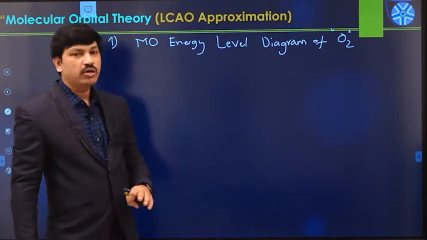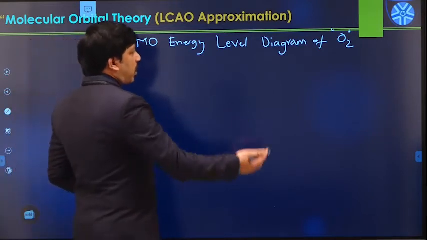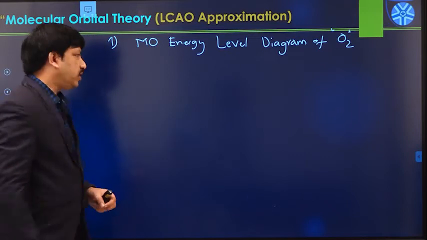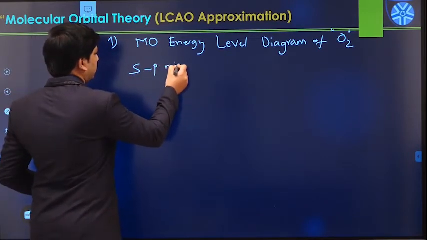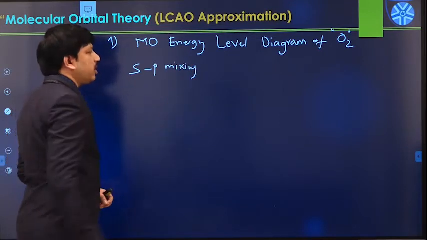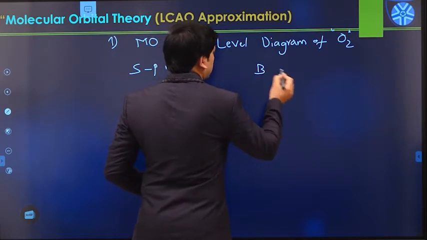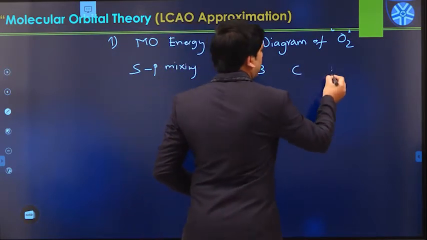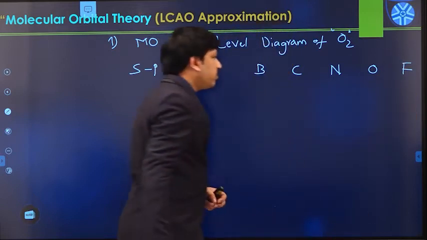It is very much similar to the N2 molecule, but there is a slight difference. I already mentioned the sp mixing concept in the case of various diatomic molecules. So from boron, carbon, nitrogen, oxygen and fluorine, if you see the